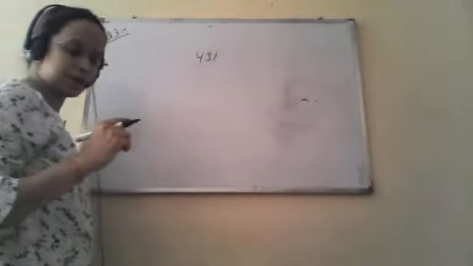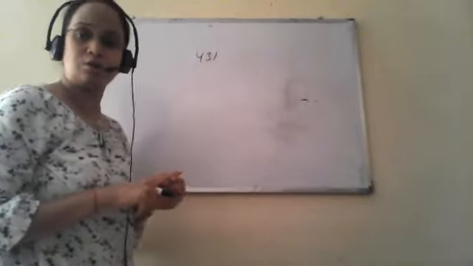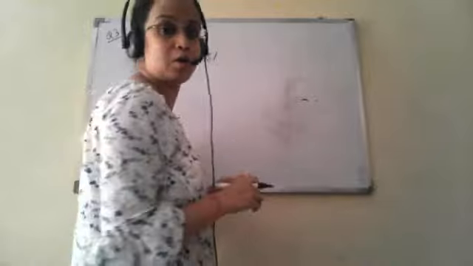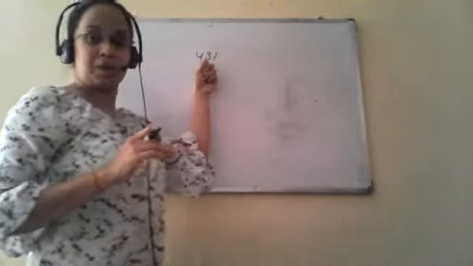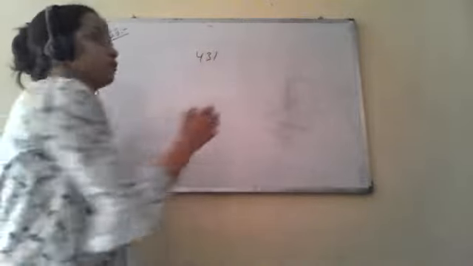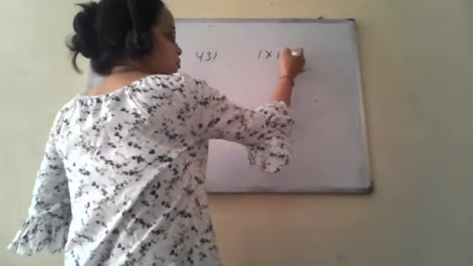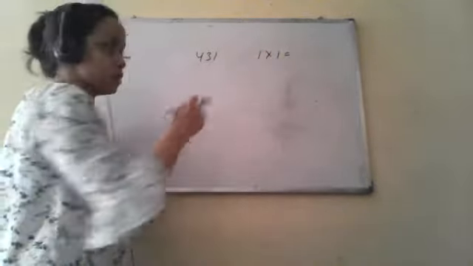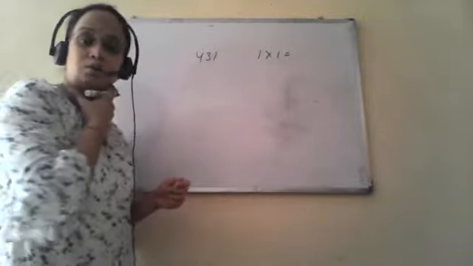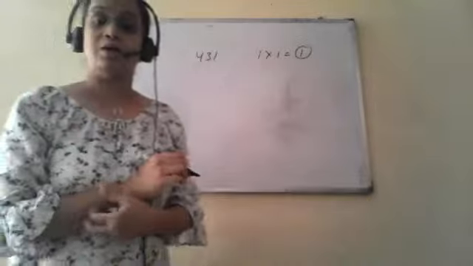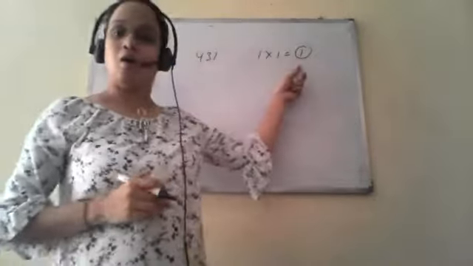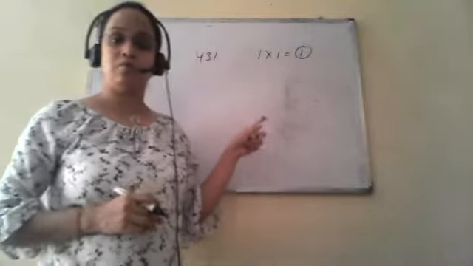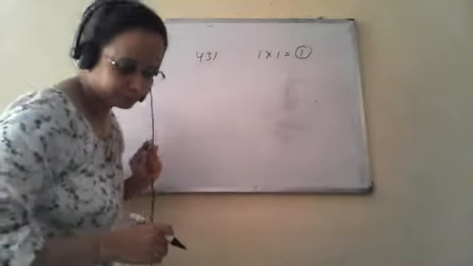We have to look at its unit place in order to tell whether a number is an odd number or even number. So what will be the unit place digit of the square of this 431? It will be 1 into 1. In order to find the unit place, we just have to multiply the unit digit. So it will be 1. If a number is ending with 1, or has 1 at its unit place, it will be an odd number. So the square of this 431 will be an odd number.